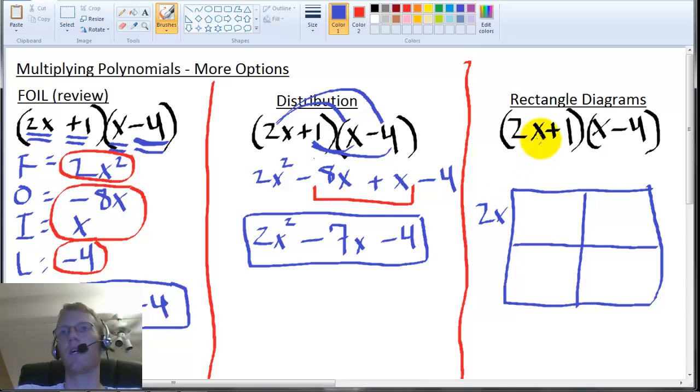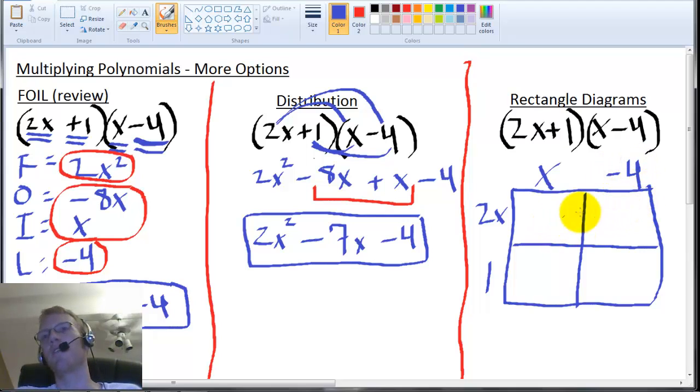Okay, so I put a 2x here, and then I put a plus 1, so I put a 1 right here. Then across the top, I'm going to put the pieces from this term. So I've got an x in the first column, and a negative 4 in the second column. Okay, and I'm going to fill in all of these boxes by cross multiplying